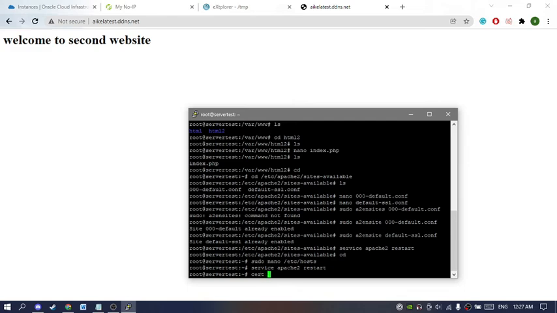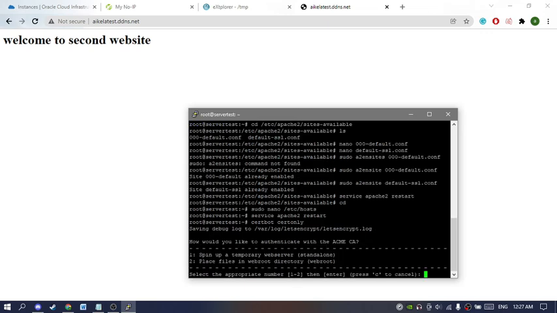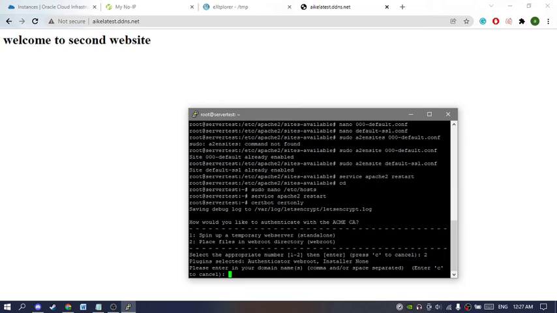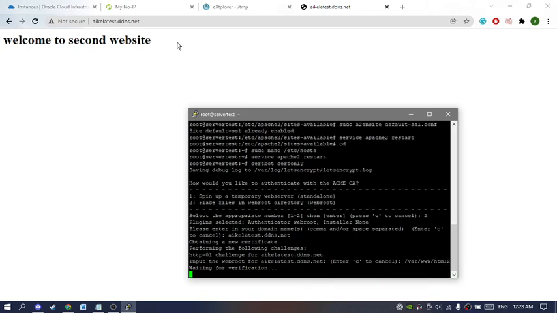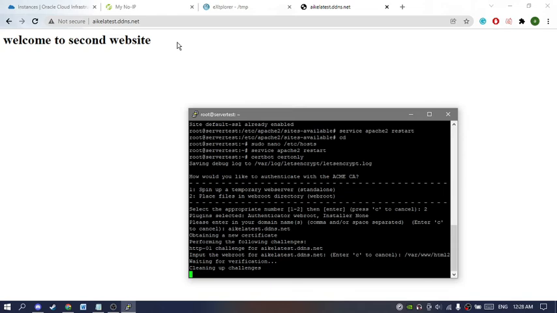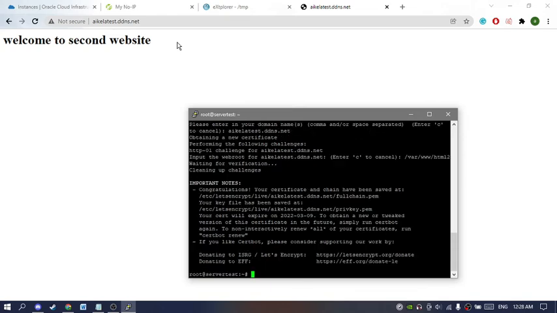Certbot, certonly. We choose this since we want to configure it manually. So this is our domain name, icletters.ddns.net. This one is the webroot, the place where we put this HTML for the second website. Yeah, congratulations, our certification has been given. So just copy this one, and then we go back to our